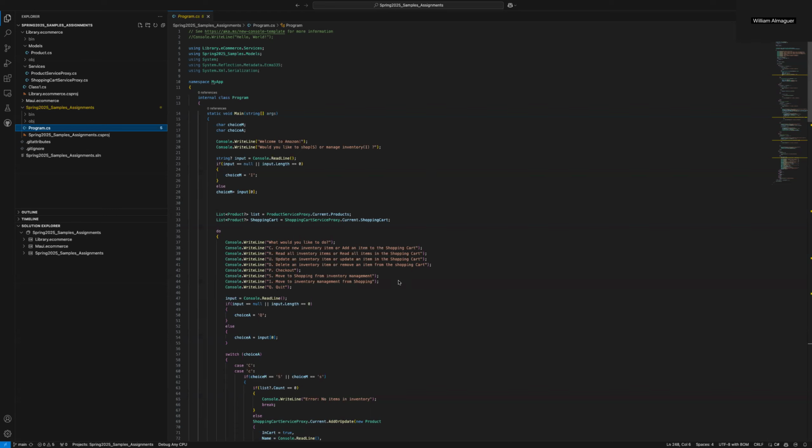Okay, so I am now going to break down the code that makes up this console pro application for an Amazon e-commerce app. And first off, I'm just going to talk about the experience. I would have to say that overall, it was a smooth assignment. Only two major hurdles in my opinion, which would have to be getting the lists all set up in